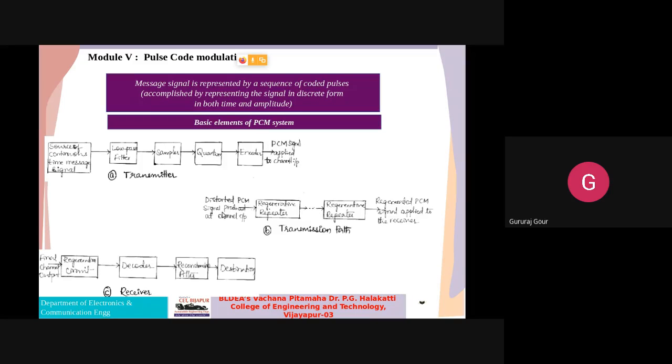Now the distorted PCM signal is transmitted through the transmission path. Here you can see that throughout the transmission path we have regenerative repeaters. This is because of the long length of the transmission path. These regenerative repeaters, as the name suggests, are needed because as the signal has to travel a long distance,